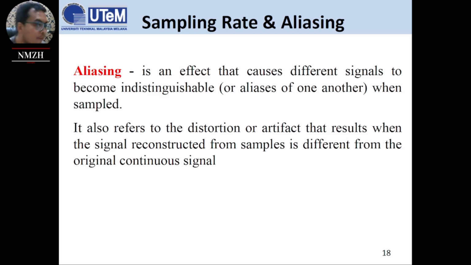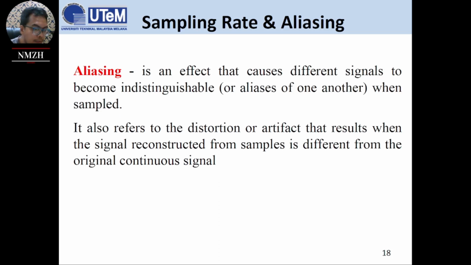Okay, aliasing is an effect that causes different signals to become indistinguishable when sampled. Remember, continuous data needs to be sampled before it is changed to digital. The digital data will be sent to the computer, right? When we have the digital data back, we will transform it back to continuous. So aliasing happens when the data has been digitized, sampled, sent and received back.